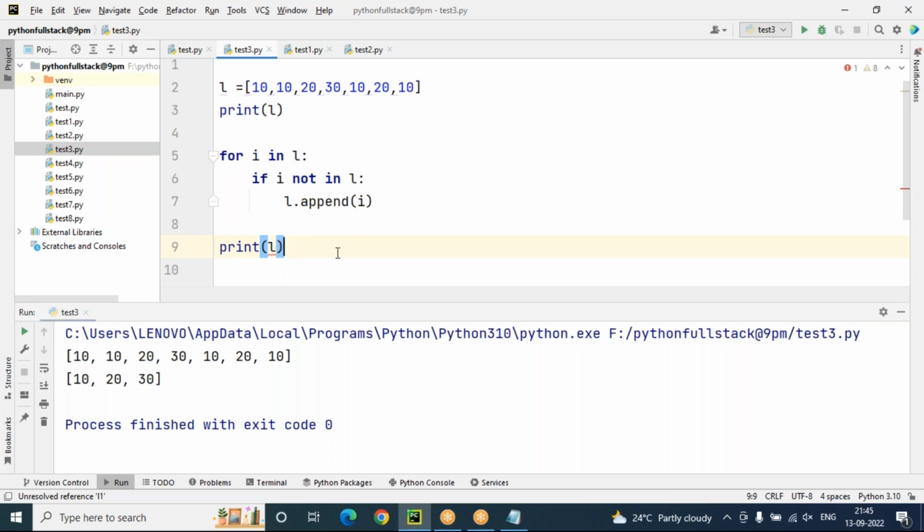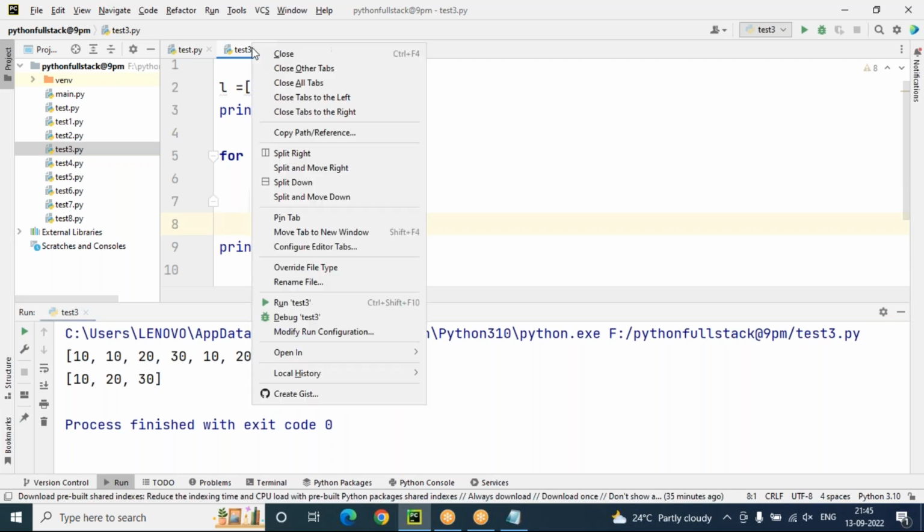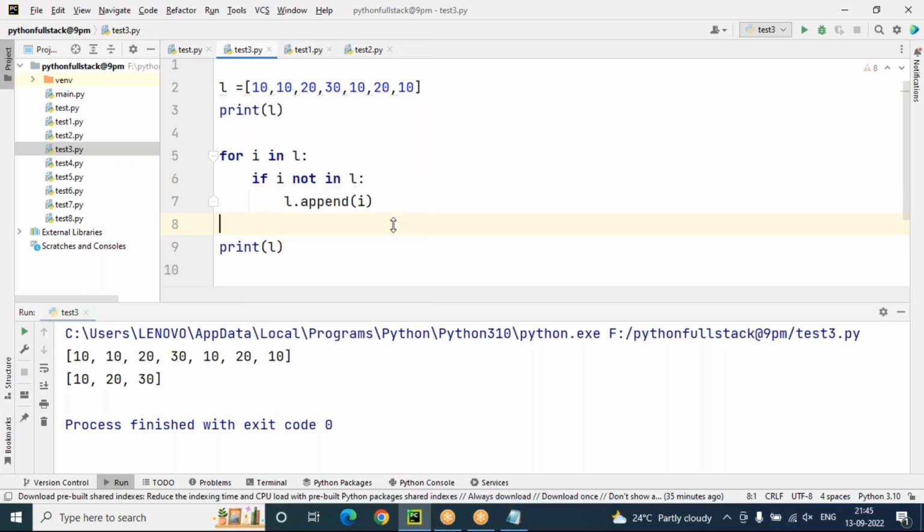Now this time we can see print L. Once I run this, you get the same result, because it keeps on adding. Okay, let's remove this. If i in L, I can check it in the same list, but it's not possible. For i in L is okay, one by one value I'm taking. If i in L,